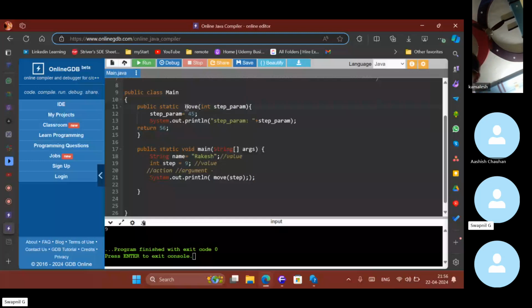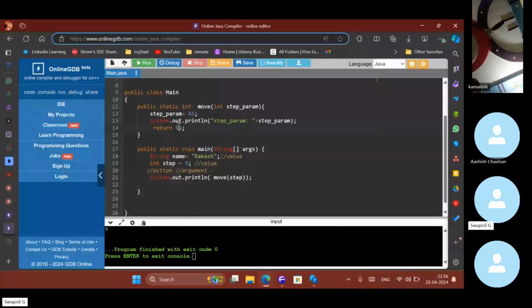now can anyone tell what is the last answer that we will see on the screen? Whether we will see step param, 45, or 56.